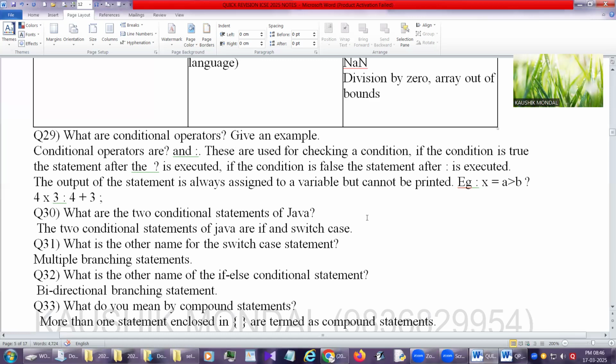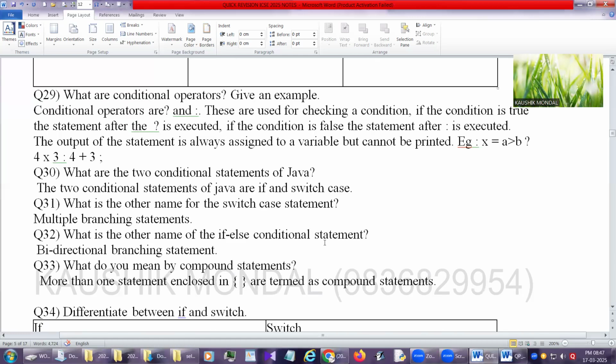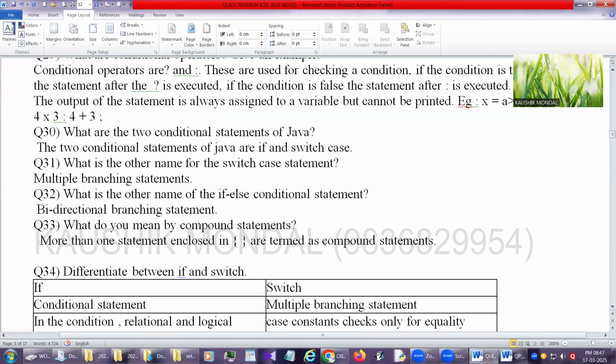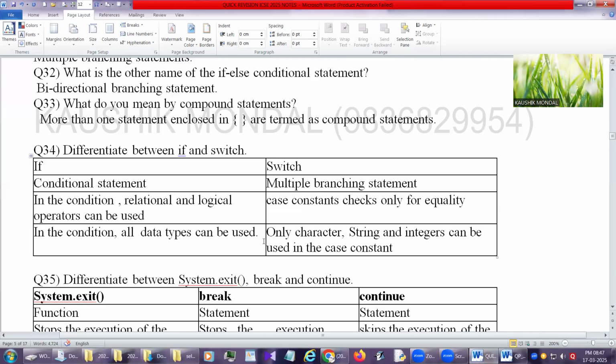Next one we have: what are the other names of switch case? It's a multiple branching statement. What are the other names of if else conditional statement? It's a bidirectional branching statement. What do you mean by compound statement? More than one statement enclosed within curly braces is known as a compound statement.